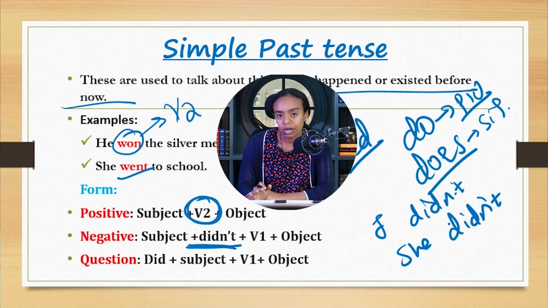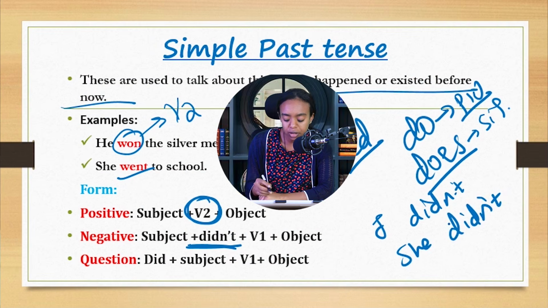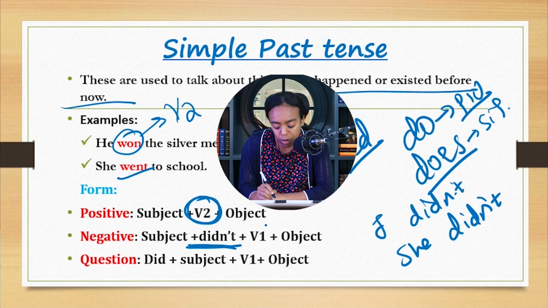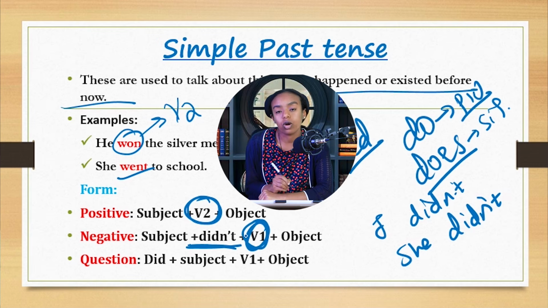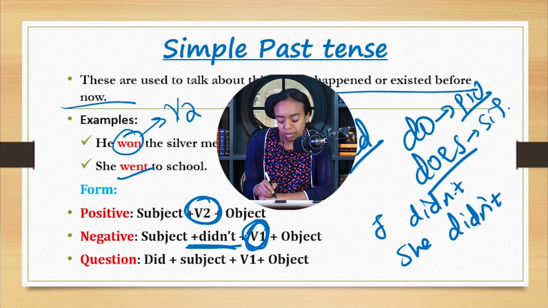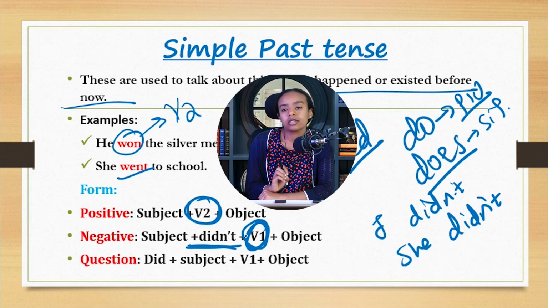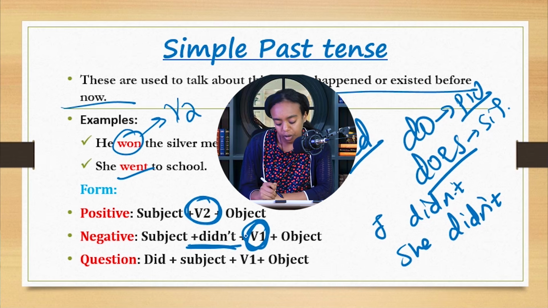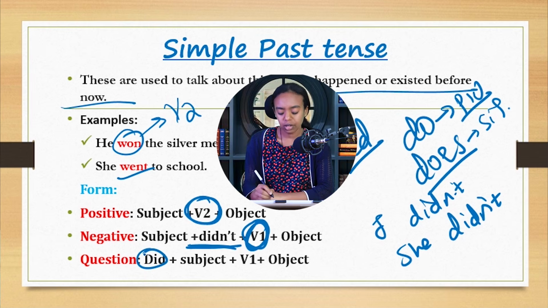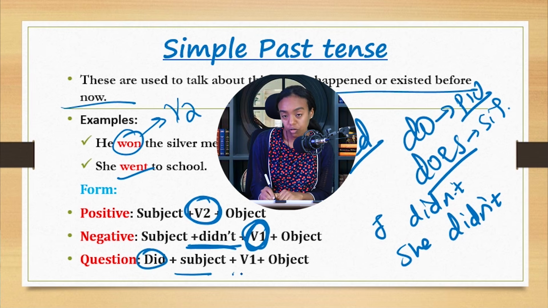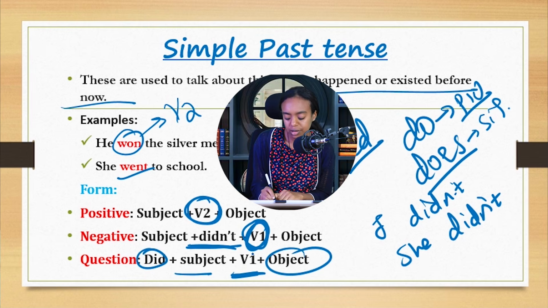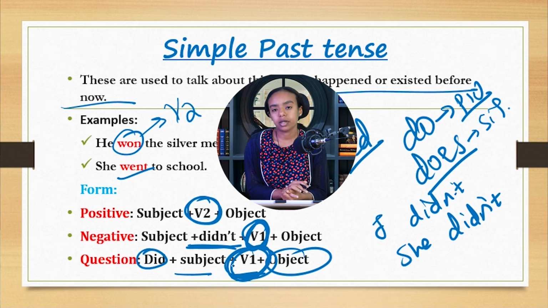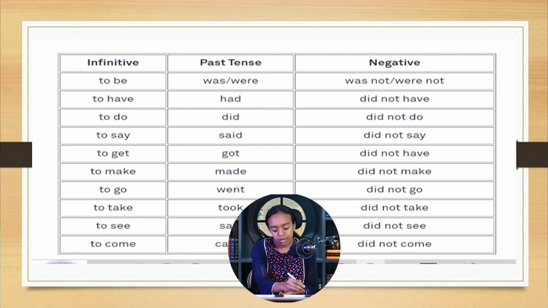didn't ሁሌም ነው የምንጠቀመው። ግን እዚህ ጋር በጣም ኬርፉል መሆን ያለብን didn't ከተጠቀምን በኋላ verb 2 አይደለም የሚቀጥለው verb 1 ነው የሚቀጥለው። didn't ብለን verb 2 ከተጠቀምን that sentence is grammatically incorrect ማለት ነው። question ሲሆንም በhelping verb ነው የሚጀምረው። helping verb እዚህ ጋር did ነው and then the subject and then verb 1 once again and then object። ስለዚህ verb 1 የምንጠቀምበትን ቦታ በደንብ ማወቅ አለብን ማለት ነው።